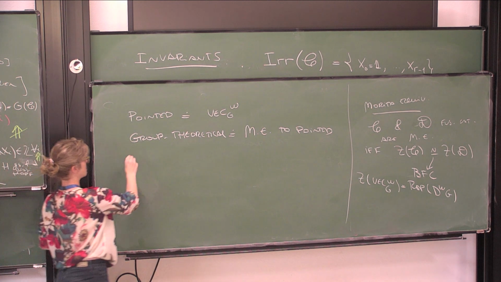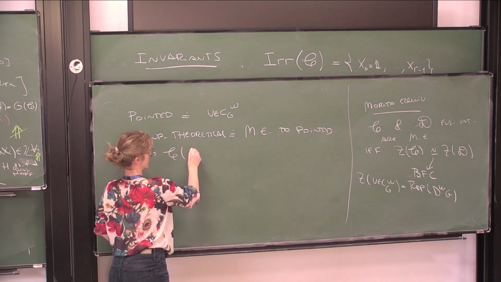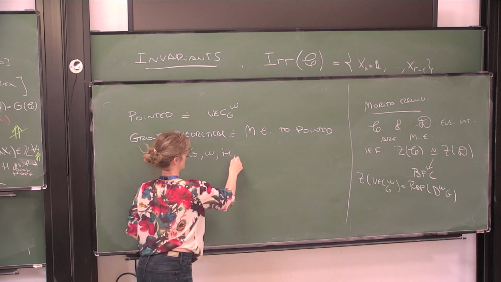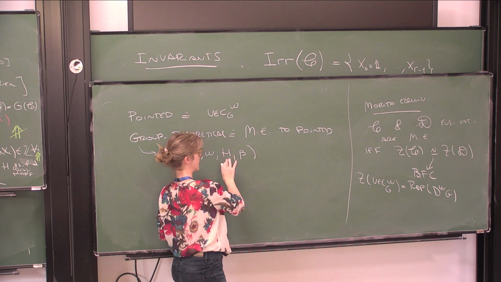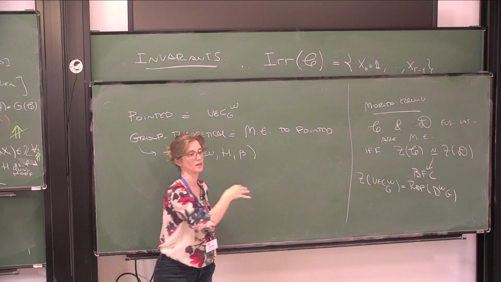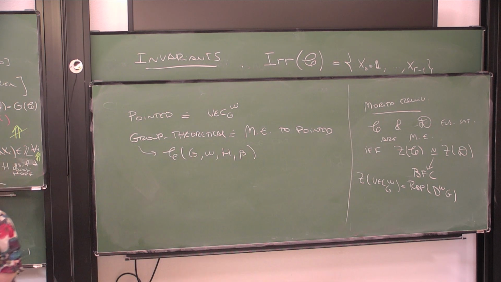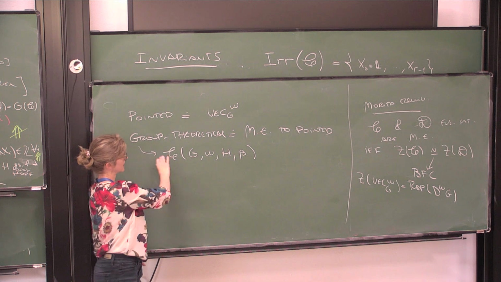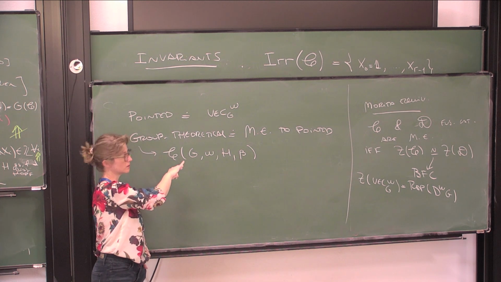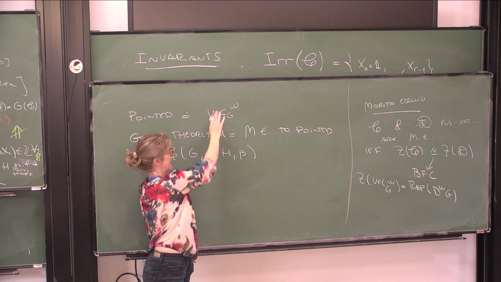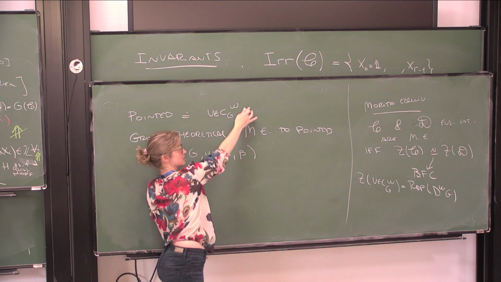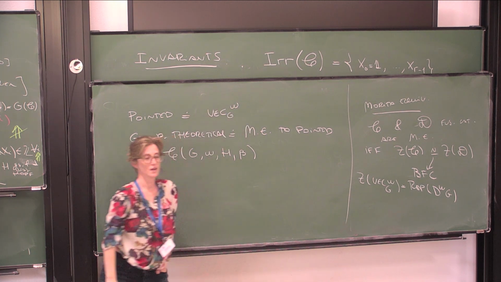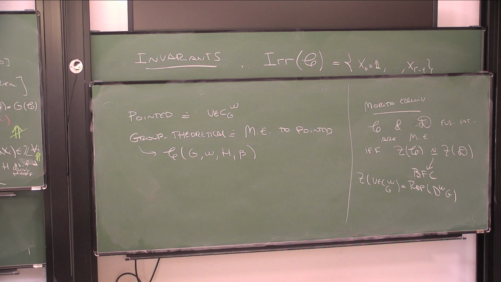This group theoretical category can be described very nicely in terms of this and some extra data. H will be a subgroup. This will be some other cohomology data that restricts well or leaves well or something like this. Basically, it's a group theoretical category. It's some category of bimodules. So you pick some algebra in this category, and then you take bimodules there. So it's very concrete. I'm not describing it, but it can be very concrete, and there is a lot of